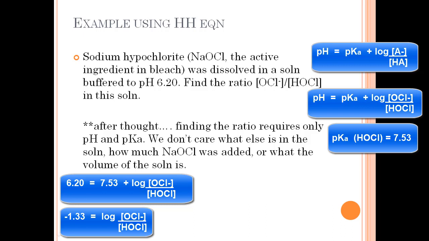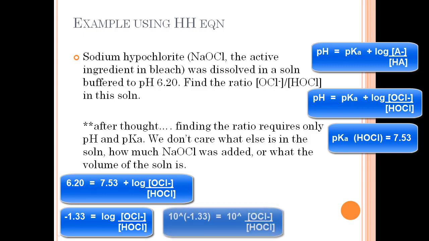Now you have a log. So to solve for this, you have to raise 10 to the power shown on each side. So if you raise 10 to the power of negative 1.33, you will get 0.047. If you raise the right-hand side, which is just the log of this ratio with letters, all you're going to get is just the ratio with letters without the log. So our answer would be that the ratio of OCl minus, the conjugate base, to the conjugate acid of this solution is equal to